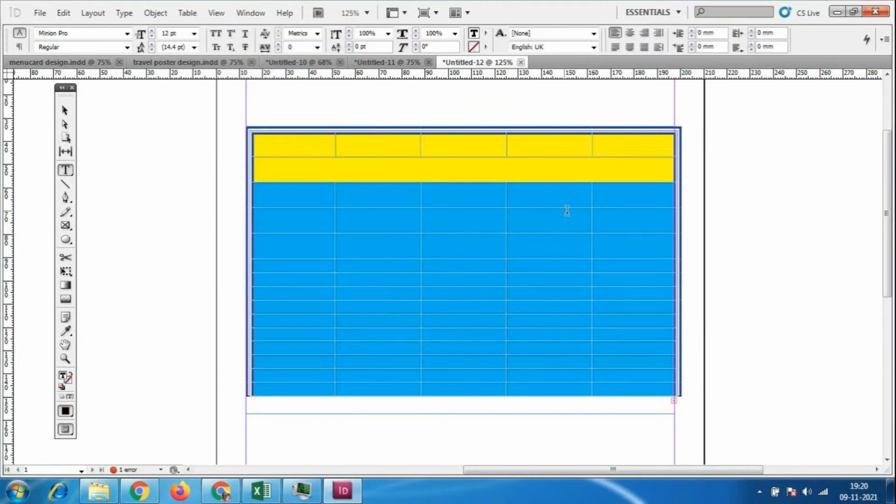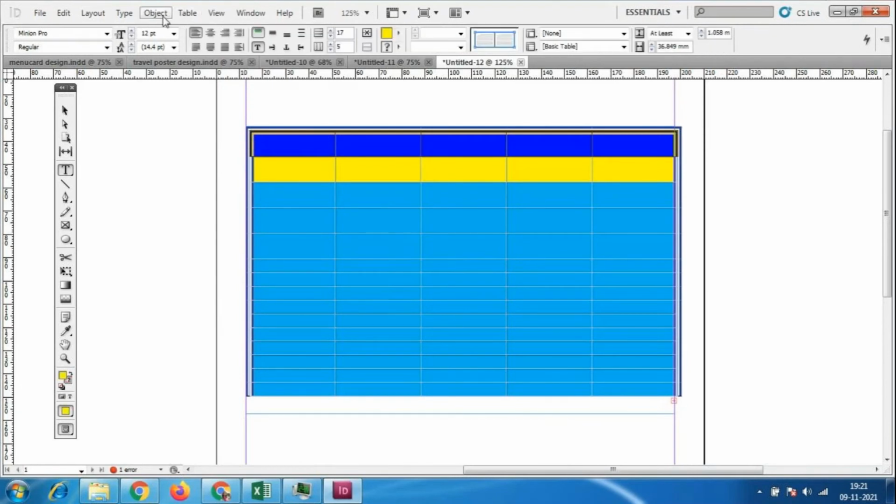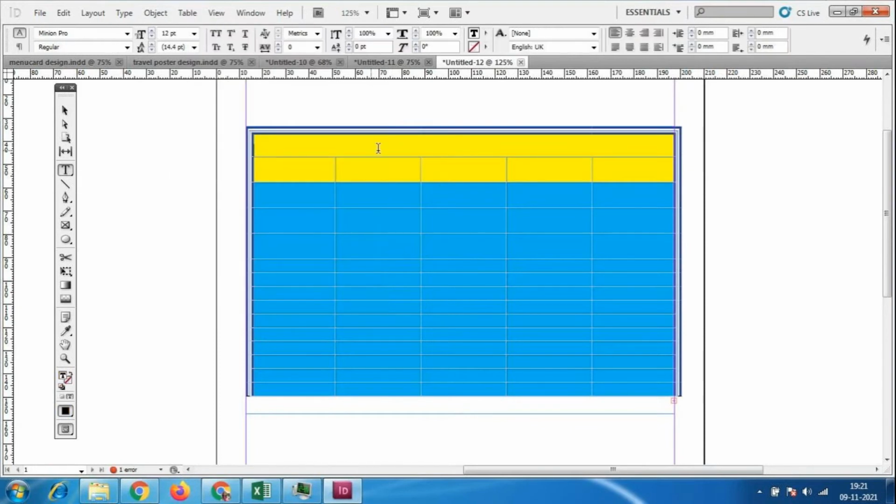So where are we using merge cells? Suppose I select it like this, and I go to table and merge cells. Suppose we have to write the college name. Here we have to write the college name, and here the student name, roll number, and marks, percentage, and what subject, subject 1, subject 2, subject 3, and the grade. To type all these options we have to increase the number of rows and columns, according to how much information we are adding.